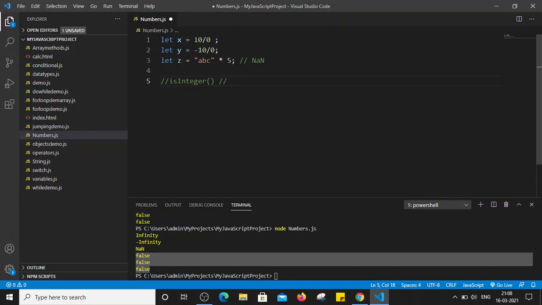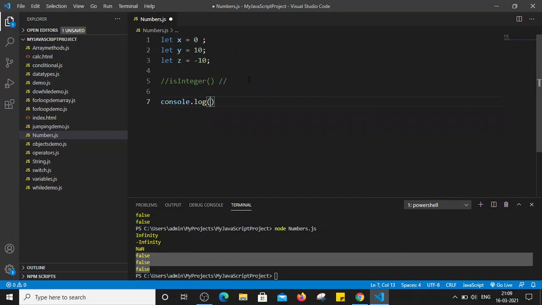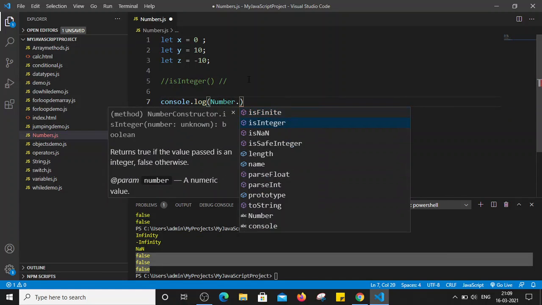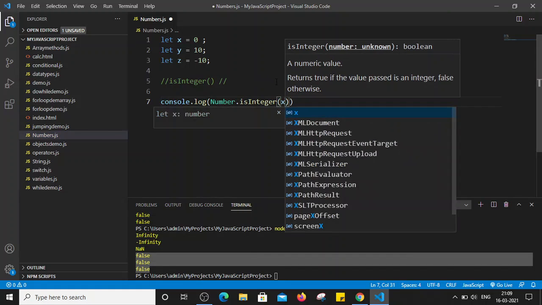Now let's change the values of x, y and z. For example, let's say x is equal to 0, y is equal to 10, and z is equal to minus 10. Right, now let's print console.log Number.isInteger, and then we have to mention the value of x here.